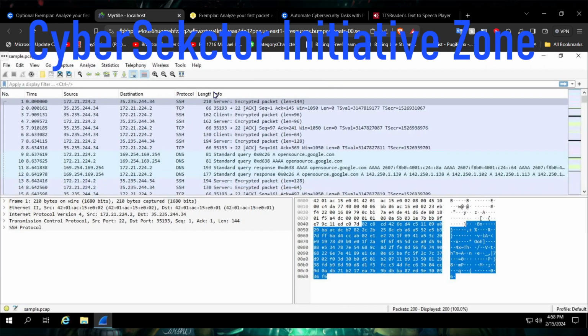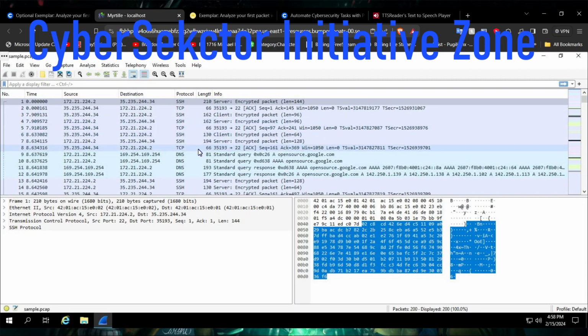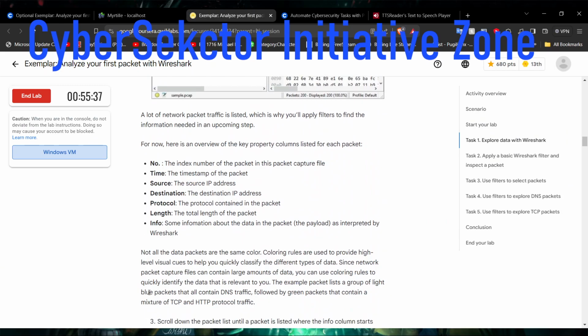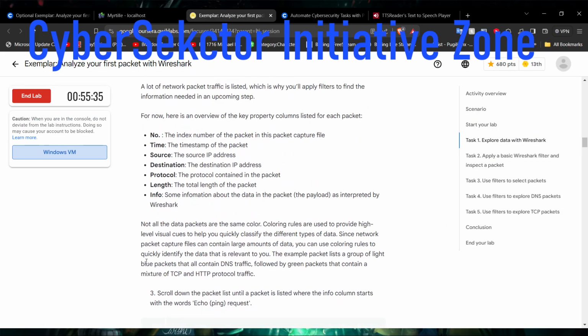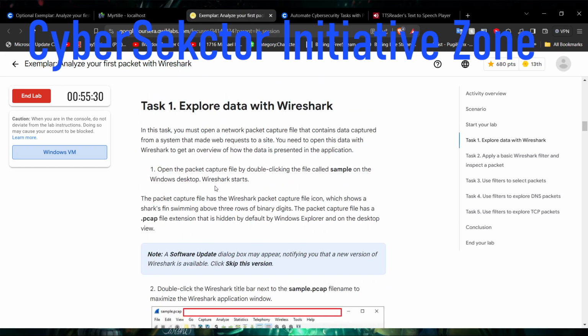your file here, and right here you see all these numbers. You see a lot of code in the different columns, where it shows you the number, the time, the source and the destination, protocol, length and info. What we're doing right here is analyzing data packets. For the very first task, we have to open up the packet,